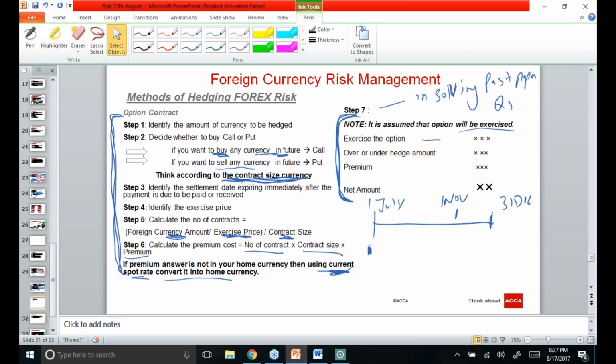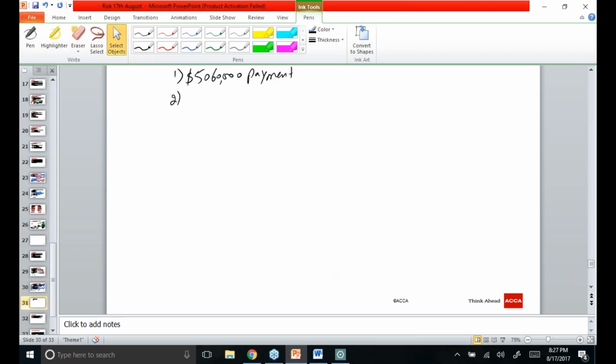What is the second step? Decide whether to buy a call or a put. So we want to buy dollars, but the contract is not in dollars. The contract is in Swiss francs. As the contract is in Swiss francs, if you want to buy dollars, you have to think in Swiss francs. That means you have to sell the Swiss francs, or you will enter into a contract